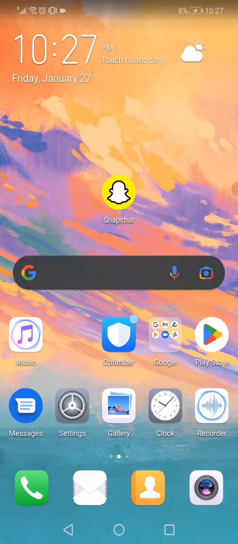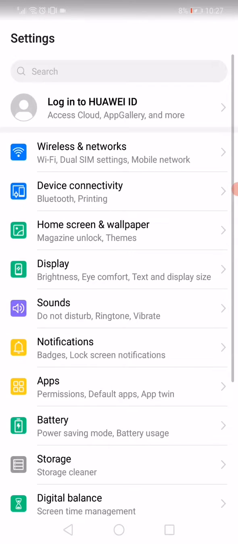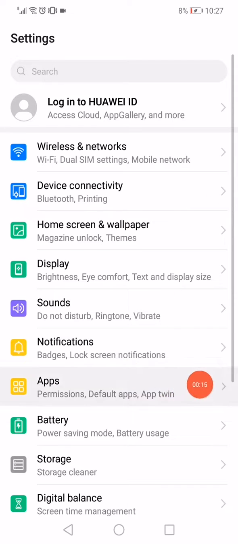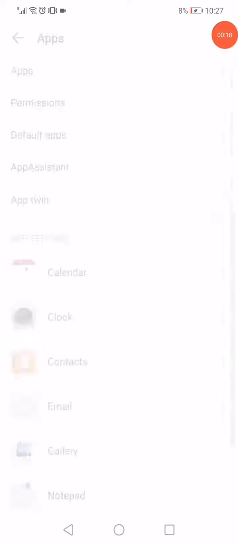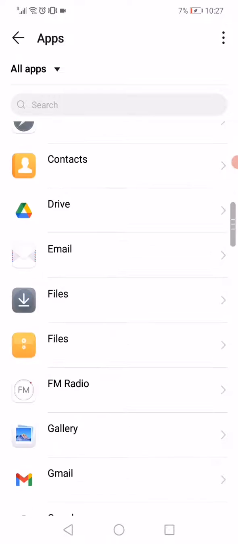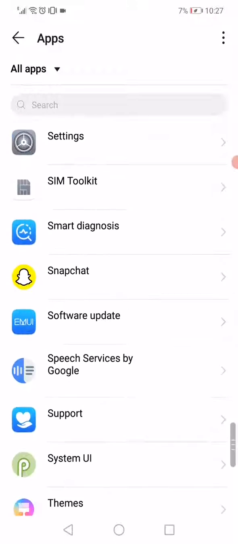So I'm gonna show you how to fix the camera problem easily and fast. First thing guys, open the settings on your phone and then go to the apps. On this page you will find all the apps that you have on your phone. All you wanna do is wait a few seconds, and after that you have to scroll until you find